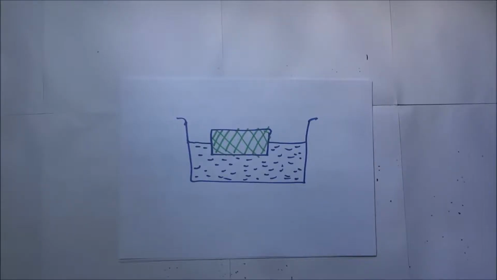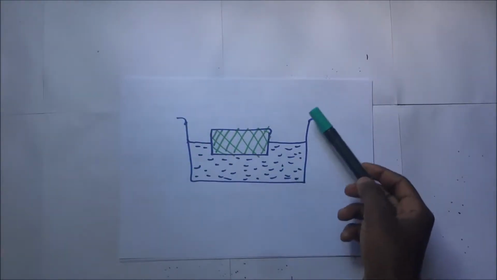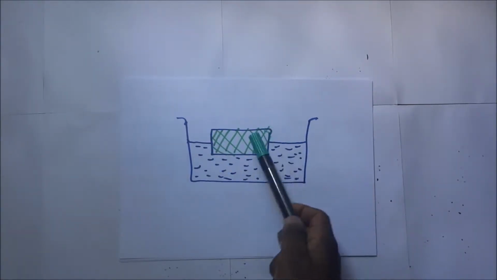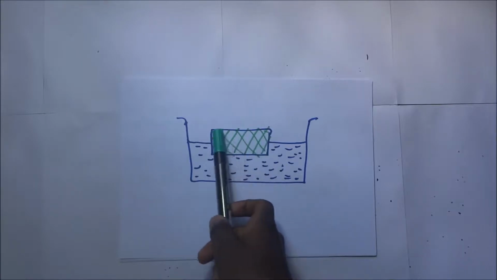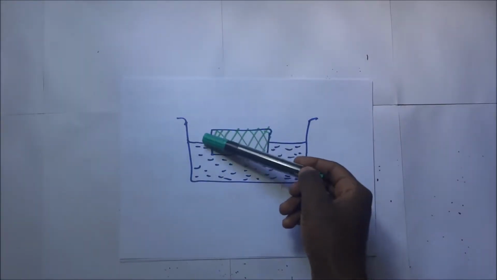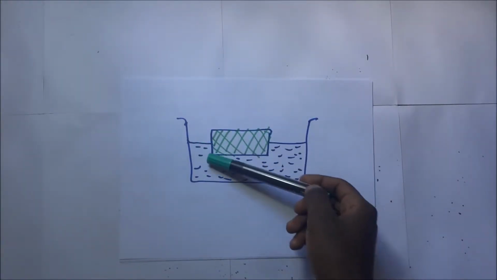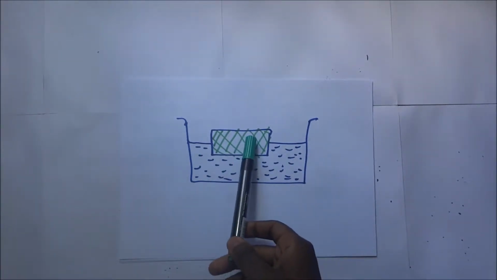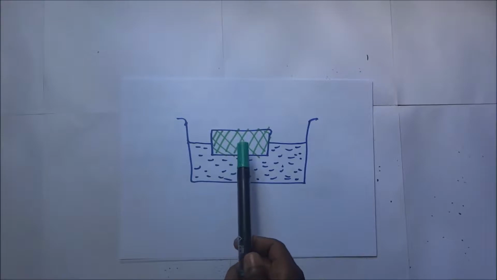Before us is a very simple diagram. This is just a beaker with some water, and right here we are looking at probably a log, something wooden. This wooden solid substance is floating on top of this water, as you can see. Now, as this is floating, we all know, or it should be common knowledge, that